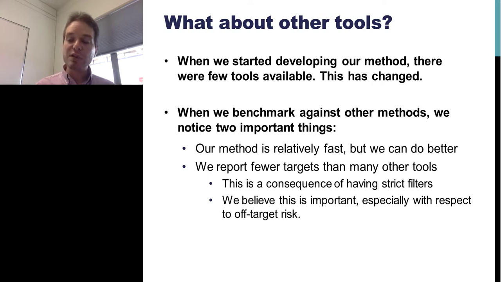And also because the scoring method that we use for the off-target risk has been experimentally validated. It's based on that Nature Biotechnology paper from 2013. We're quite sure that we're evaluating the risk correctly, and so we think it's probably a good idea, if we think there's an off-target risk, to just not show that target at all, instead of the approach taken by some tools, which is to report all the targets